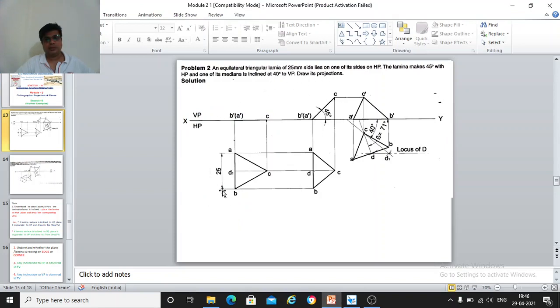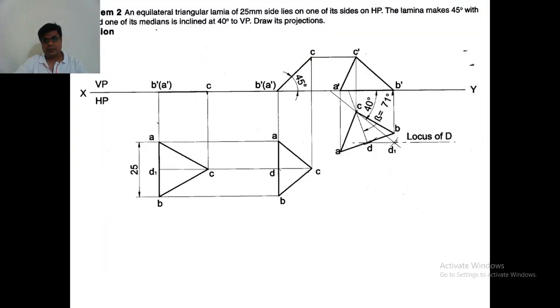Okay, so this is the initial setup, the initial drawing you should do to satisfy the given condition. Now the next condition is that the lamina makes 45 degrees with the HP. Already we know the lamina is inclined to HP, so I have drawn the top view here in HP. When the lamina is inclined 45 degrees to HP, this is HP and this is the lamina. When I rotate it upwards, this edge of the lamina will be on the HP, and the lamina surface will make 45 degrees to the HP.